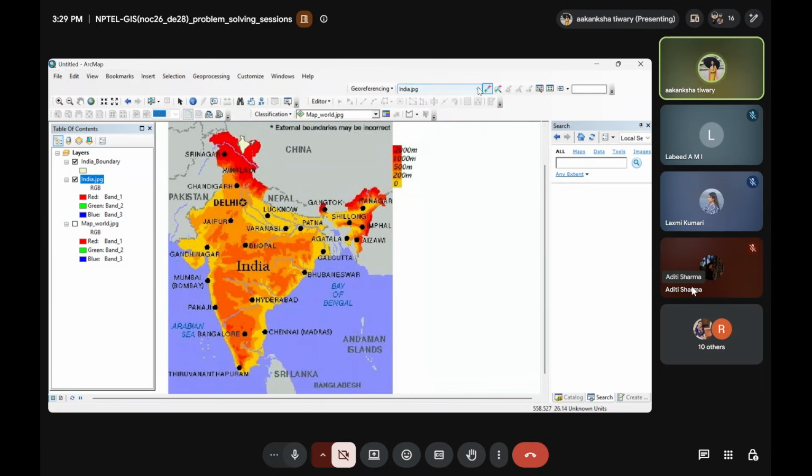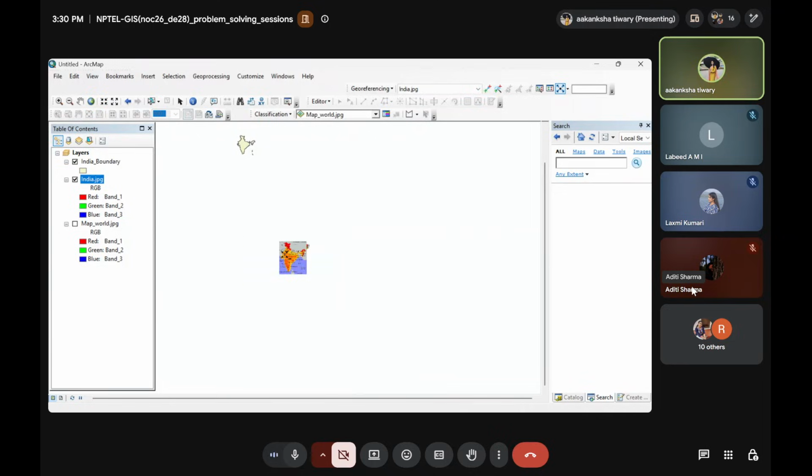Now instead of adding control points, I'll use this manual shifting and scaling. First of all, we need to scale this because this map is very large compared to the correct geographic locations, right? So now you can see I'm scaling this such that it's small. Now I have to shift this. So I'll shift this particular location to go somewhere here, and then I can go here and